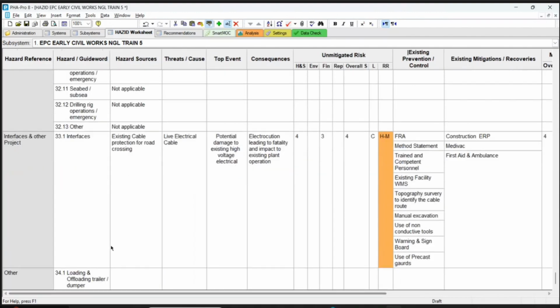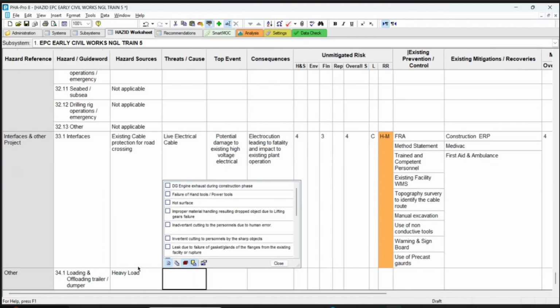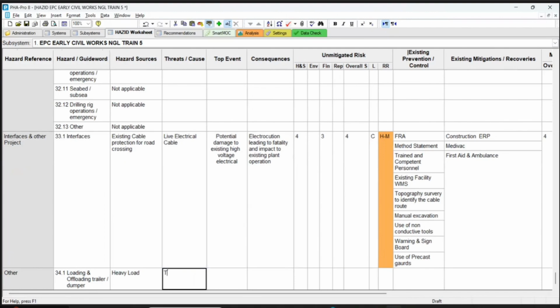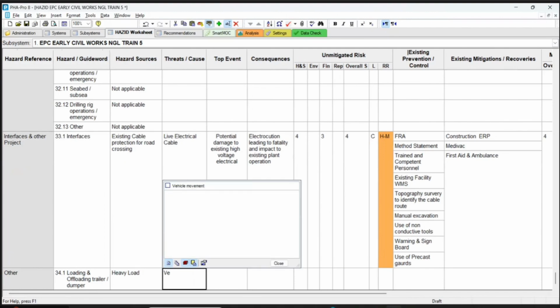Now, for truck loading and offloading, the hazard source is heavy load, the heavy soil itself. The threat is vehicle topple. Two ways: one is the offloading activity itself, because if you are offloading soil at ground level and something or somebody is nearby, they can be killed.